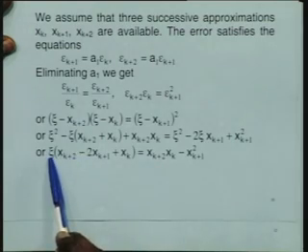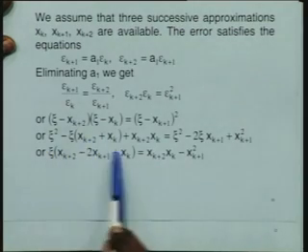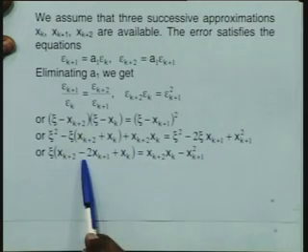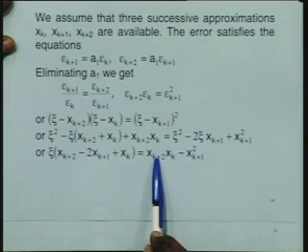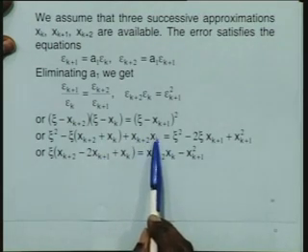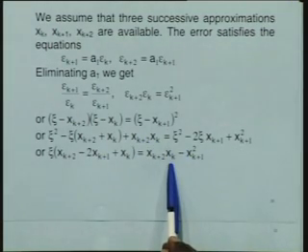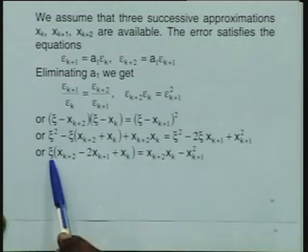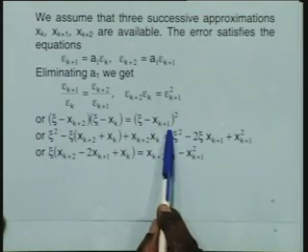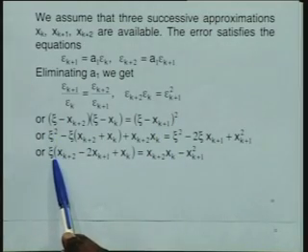So, I will have here xi x k plus 2 plus x k, these are the two terms, minus 2 times x k plus 1. On the right hand side, we will have x k plus 1 into x k minus x k plus 1 square. So, I am able to get xi alone because xi square has been cancelled. From this, I will now write down my next approximation.